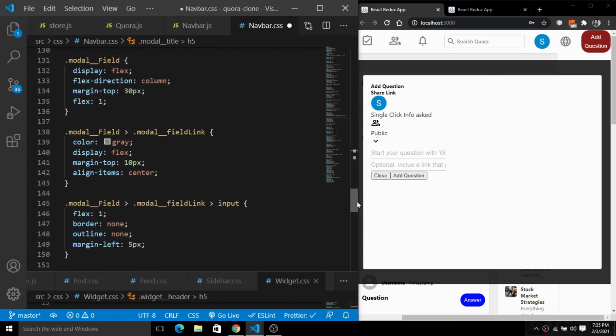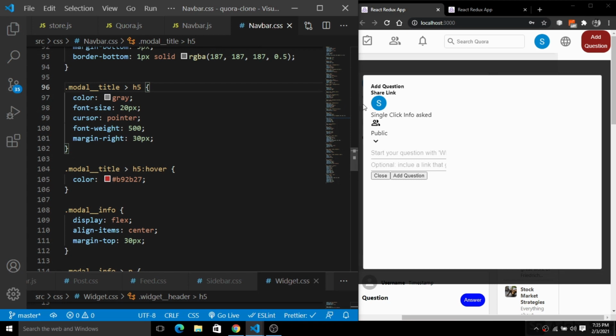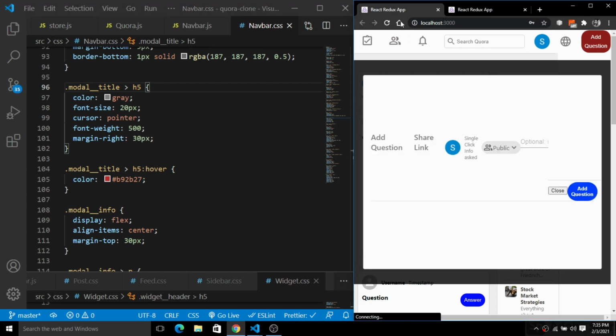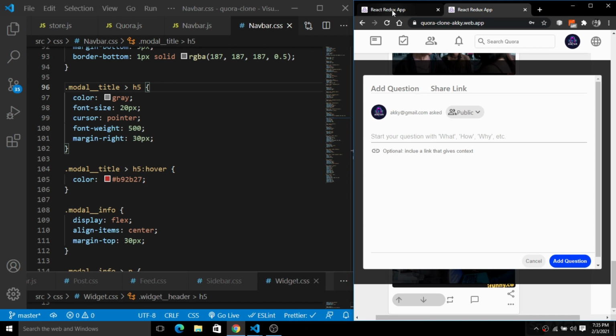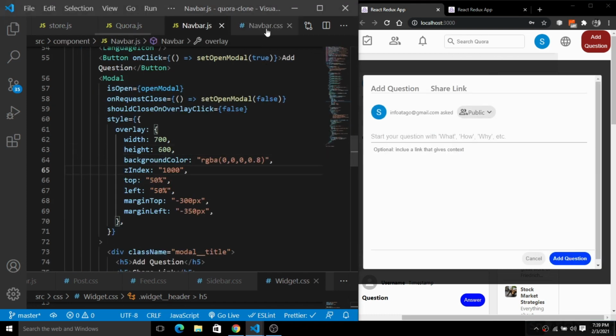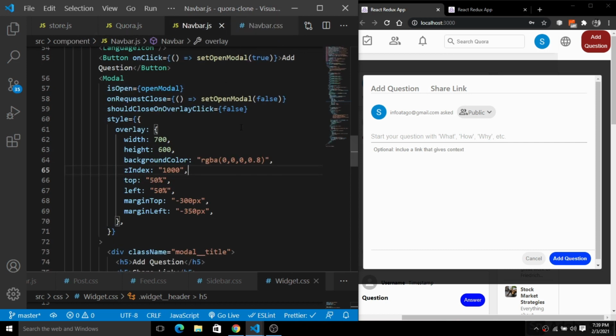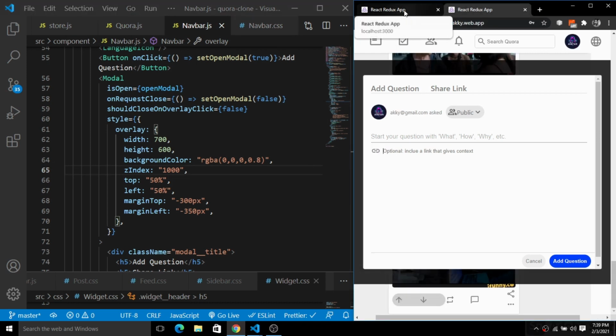So as you guys can see here, we have these things here. So I'm going to simply save this. Now you will see a styled model here, the exact looking model that we want here. So as you guys can see here, this is not the exact thing that we are seeing here. So there will be something to change here. So I'm going to simply fix this first of all. So we have fixed the issue here in the CSS. So we have added the extra div, so that's why all the things here are in the row. So we have fixed these things here. Okay, so we have this model, the exact looking model, as you guys can see here. So we have this model.